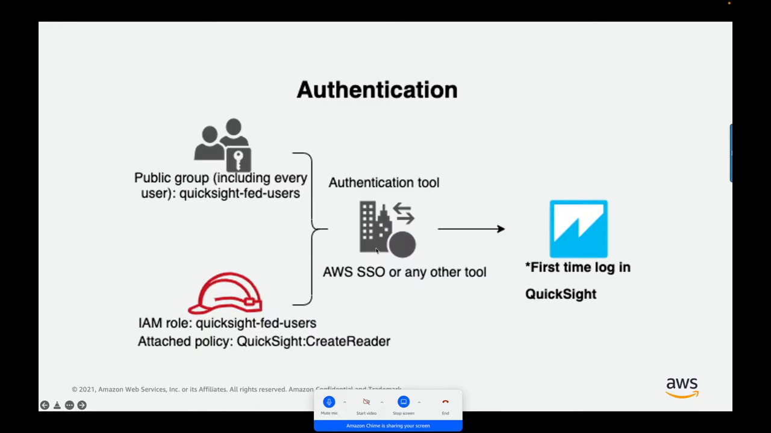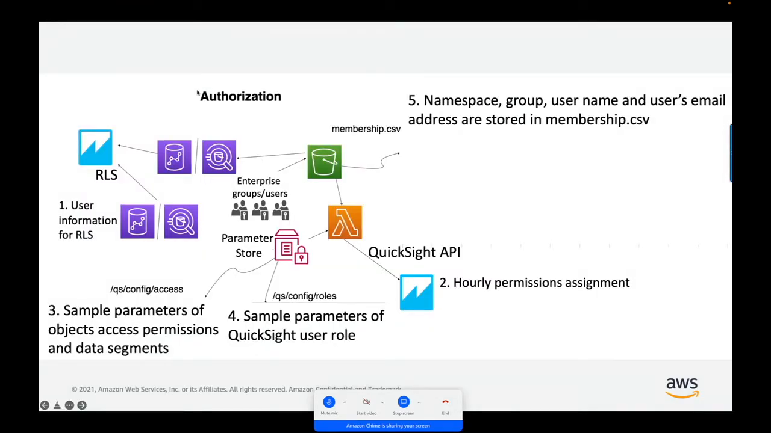So when the user first time logs in, if they pass the authentication, you can use single sign-on, AWS single sign-on, or any other tool, Okta or whatever. And when they first time log in, you will create a reader account for them. And according to the minimal access permission, they have their reader account, but nothing they can see. And then in the authorization workflow,